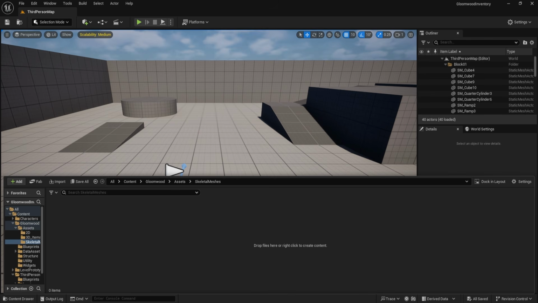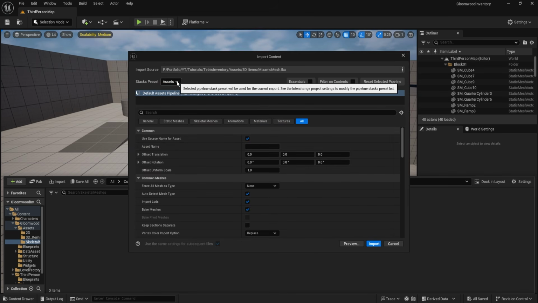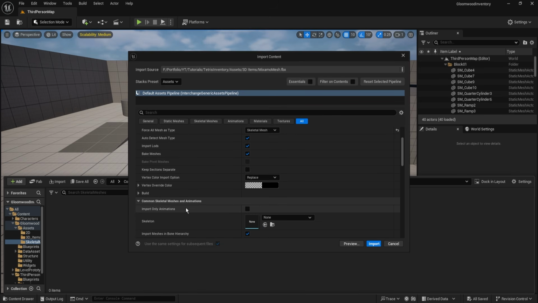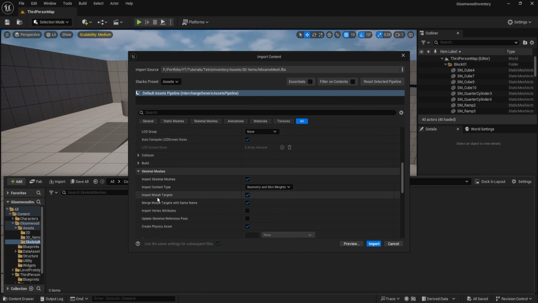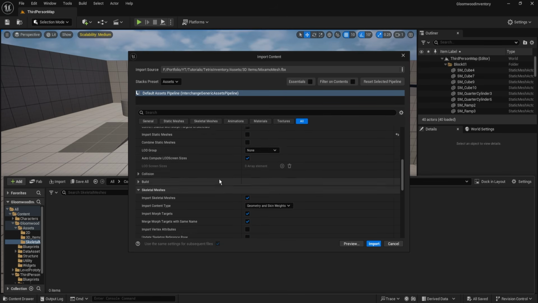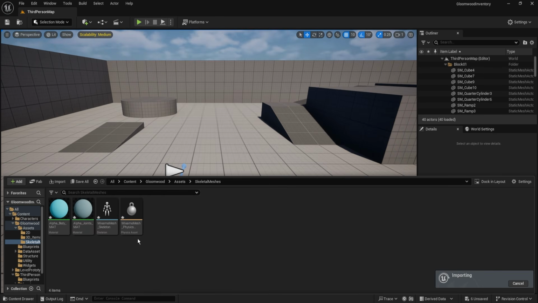We want to start by importing the assets, or the asset called grab.fbx, into the editor under asset skeletal mesh. Then you'll see this screen pop up. The first thing you're going to want to do is go down to the common meshes and set the force all meshes as type to be skeletal mesh, as that is what we're actually importing right now. Then you want to look in the category called static mesh and uncheck the import static mesh. And once you've done those three things, click import and you should have the following appear: the mesh, but also